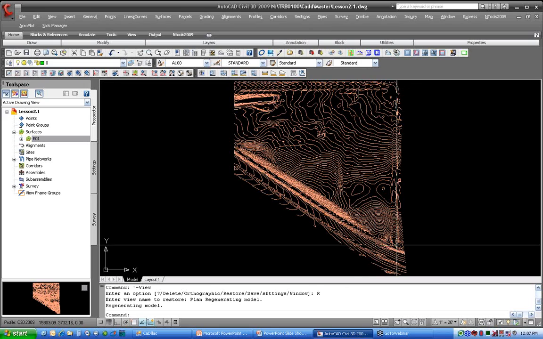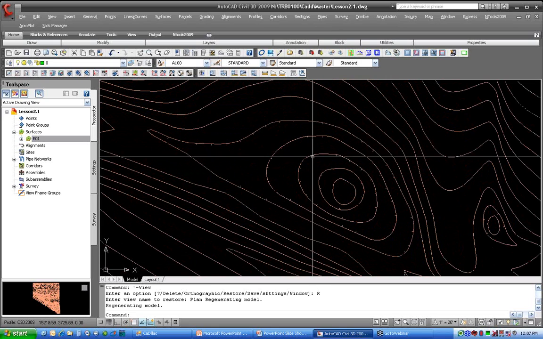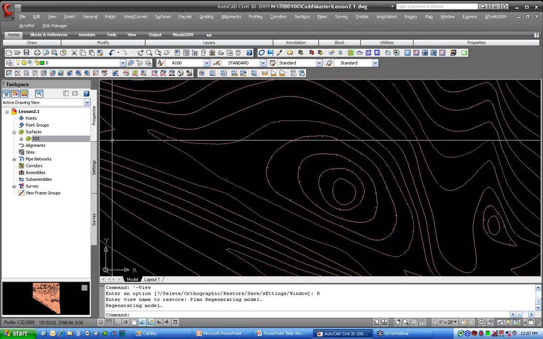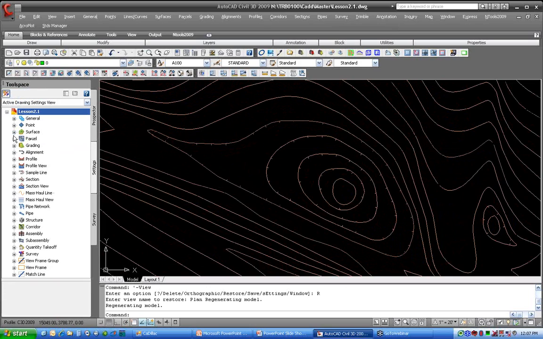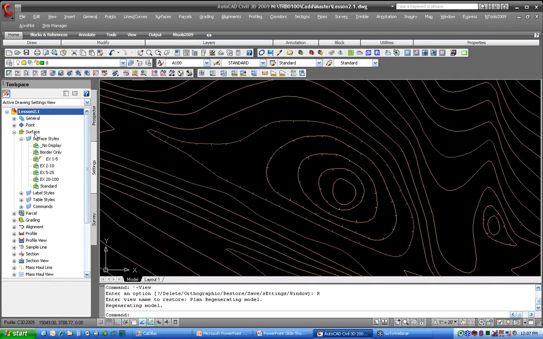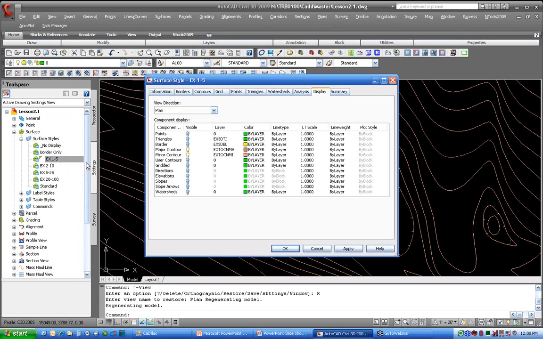All right, well, let's take a look at some of them. Why do we see contours here? And I just want to point out some of the options here. Let's switch this up a little bit. I'm going to come over to the Settings tab, expand our surfaces, and then our surface styles. And here's where I can see all of the different styles that I have in this drawing. And then the little triangle icon here indicates that this style is actually being used, which helps me find the one I'm looking for. And I can come back in here and edit it,